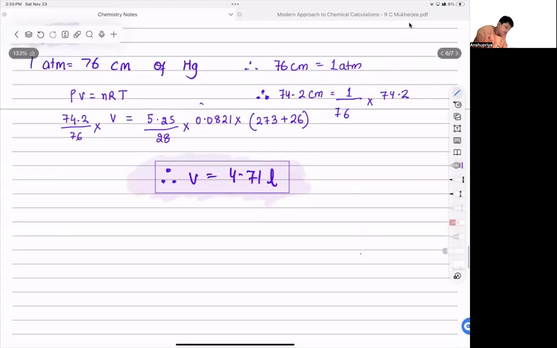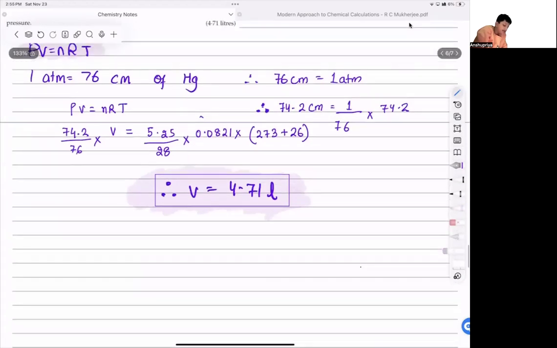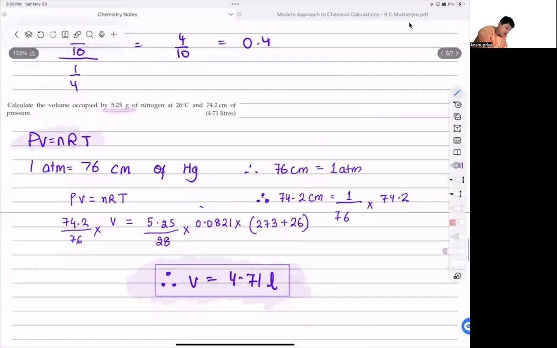So it will become 74.2 divided by 76 into V equal to 5.25 upon 28 into 0.0821, because 5.25 grams. So we will have to find moles, and 28 is N2, and since we are talking about atmospheric, nitrogen will not exist in the singular form, we'll have to take 2 times, is equal to